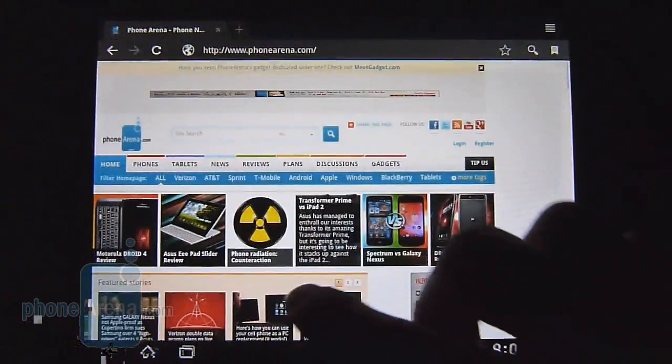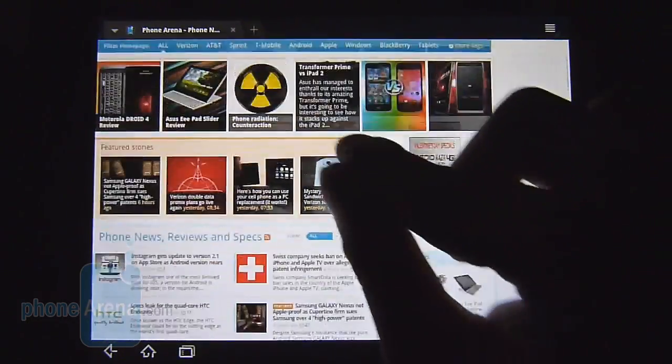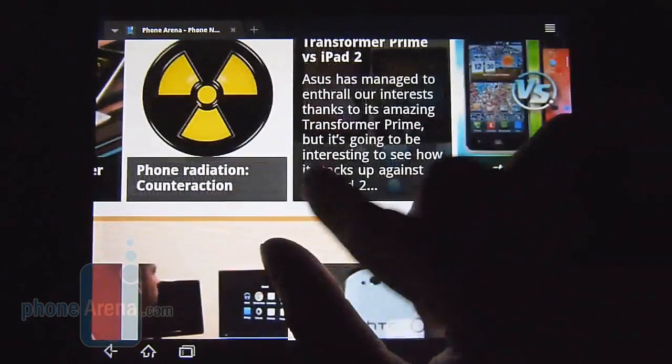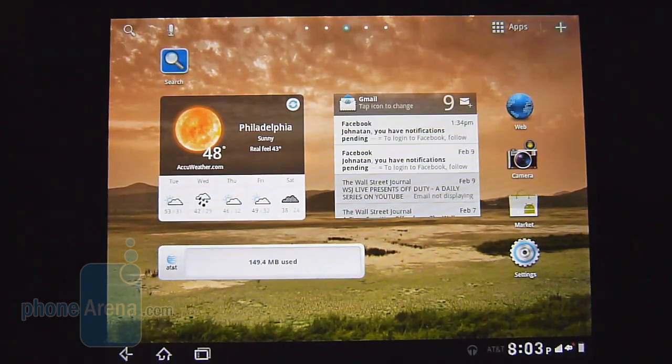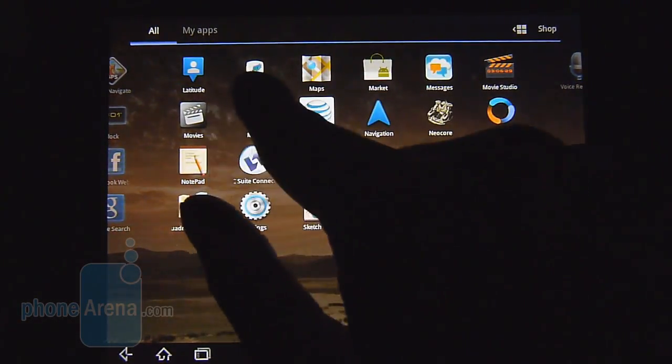As far as the web browsing performance goes, it's adequate. We do notice some choppiness with its movement, especially when there's a lot of Flash content, but it's still more than usable. Just like any other Honeycomb tablet out there, you have the stock Honeycomb music player, which is definitely